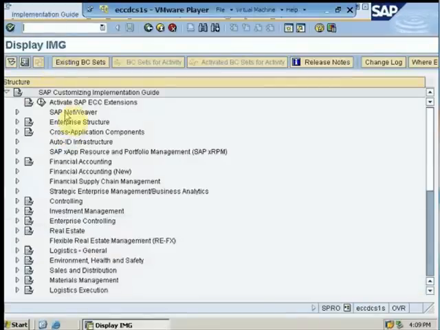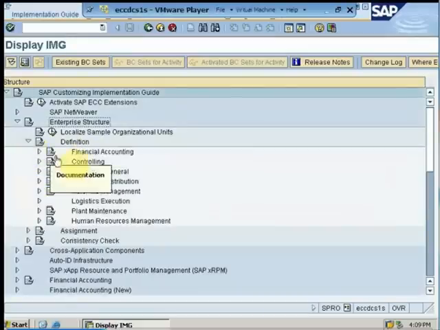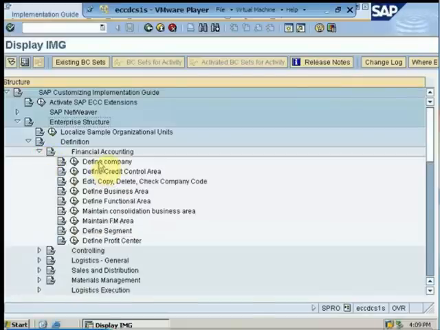In order to create a company code, we need to go to the enterprise structure node. Whatever organizational object that we need to create regarding any module, that is always created from enterprise structure. Soon as we go to the enterprise structure, first of all we will define a company code. In definition, we will go to financial accounting, and here we will get all the organizational structures that are related